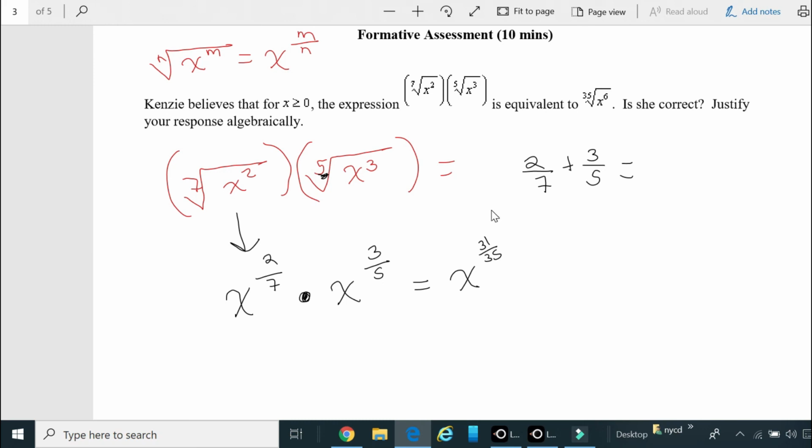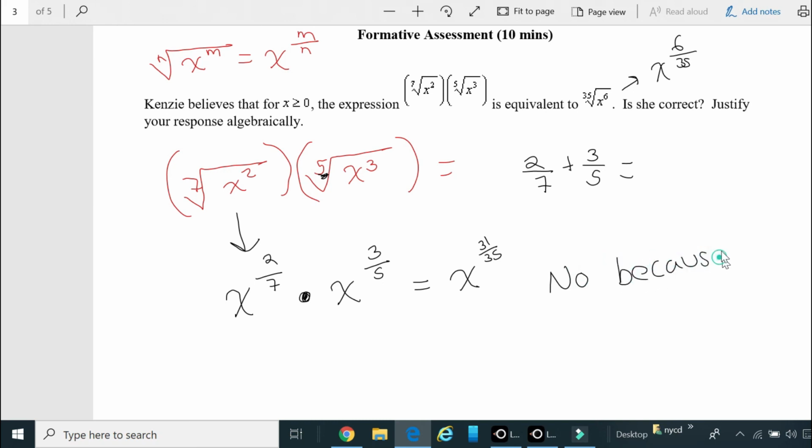Now the question asks: Kenzie believes that for x greater than 0, the expression they give you here is equivalent to x to the 6/35. Is she correct? Justify your response. So let's look at that 6/35. My base is going to be x, 35 will be on the bottom and 6 will be at the top. It doesn't look like that, so the answer is no,